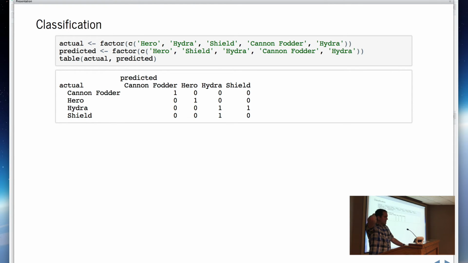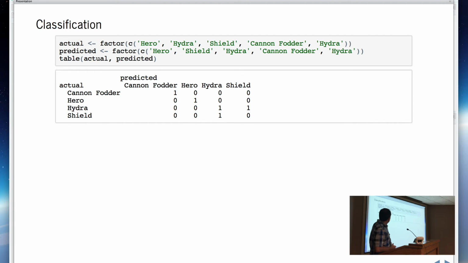So, jumping into classification, this is where we're not predicting a continuous value, but some sort of type or discrete value. When I did the talk in May, everyone was watching the Avengers afterwards, so I used examples here of comic book classifications. If I've got a list of the actual at the top and then the predicted, one way to compare that is to create a table of them.